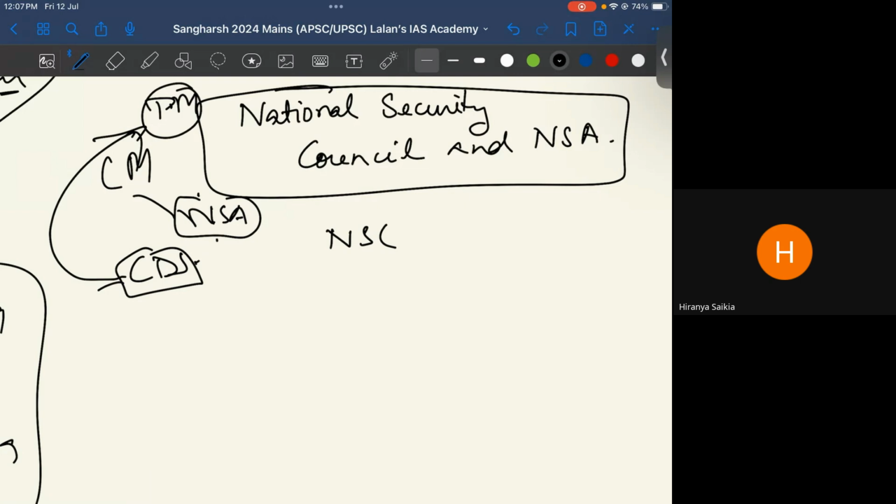We have the National Security Council, which is the apex body, and the NSC has 3 tiers. Recently there are additional deputy NSAs, and now an Additional NSA has also been newly introduced, so again it will create further complexity to the bureaucratic structure, but still that is the structure that we have.